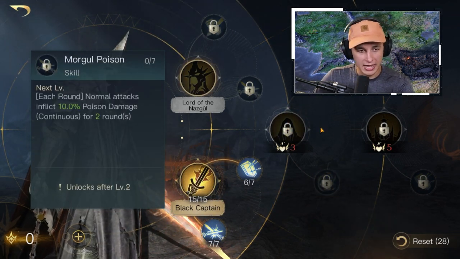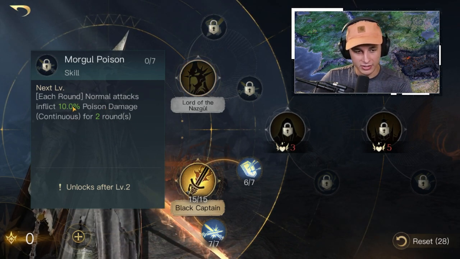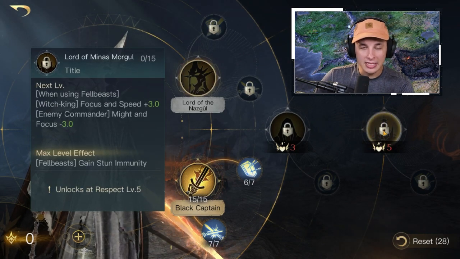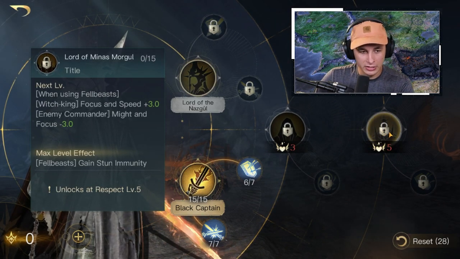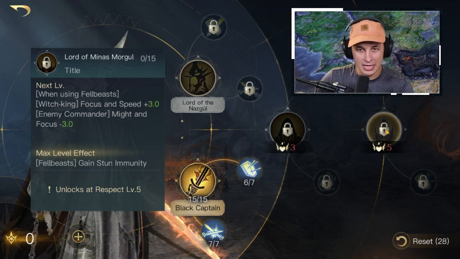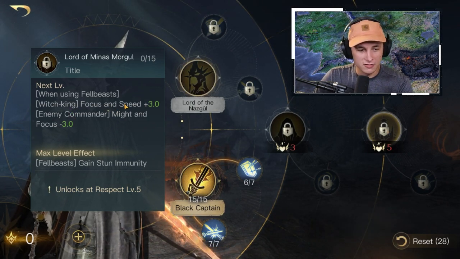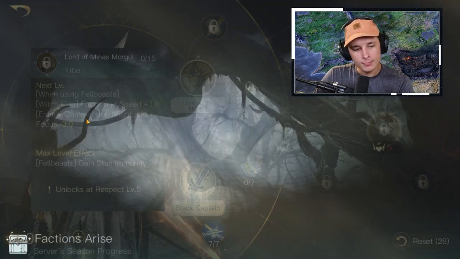Now up here we have Mortal Poison. Normal attacks inflict 10% poison damage, continuous for 2 rounds. And then last but not least, I think this ability maybe would be better one day if they did a little bit of a buff to Fell Beast. It sounds like it's just not as ideal as it would sound. But when using Fell Beast, the Witch King has focus and speed plus 3. And the enemy commander,